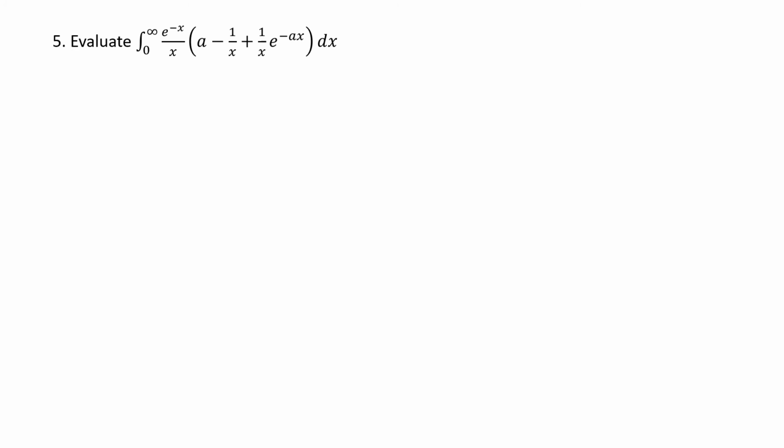So we have done 4 examples of different variety. In the first and second questions, we got only one parameter and we have to differentiate with respect to that parameter. For the third and fourth, we got more than one parameter, so first we have to identify for which parameter we have to apply DUIS rule.